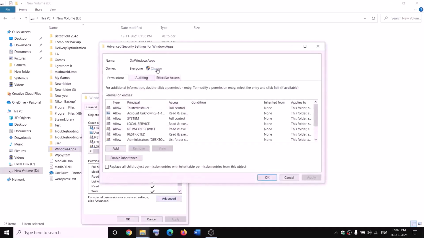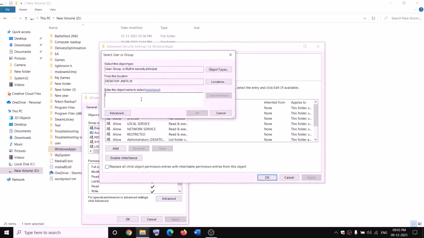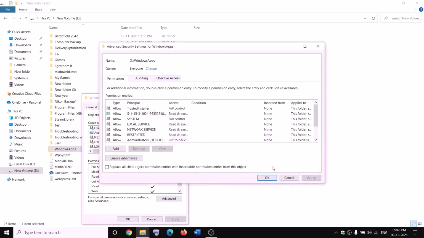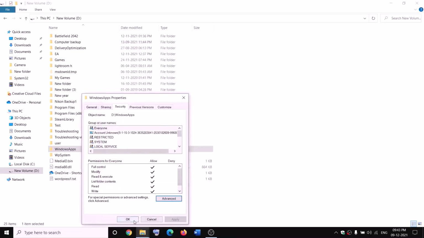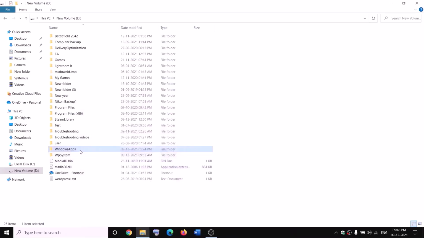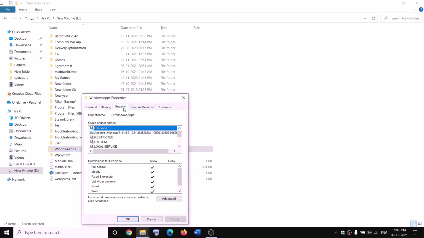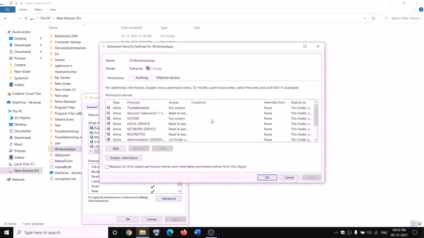Now click on change over here, type in Everyone in the box. Now click on check names, then click on OK. Now put a check on the box which says replace owner on subcontainers and objects and then click on apply. OK, OK, again OK. Again make a right click on Windows Apps, select properties, security tab, advanced, and this time